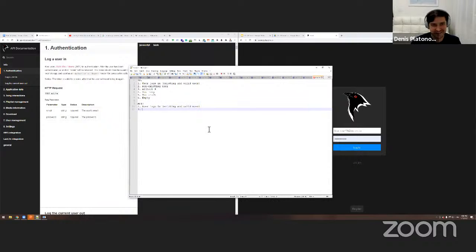What's the second test case for API? That's way too complicated, guys, right? For the most part, you don't even need to think about those test cases. Those are going to be pretty much the same.